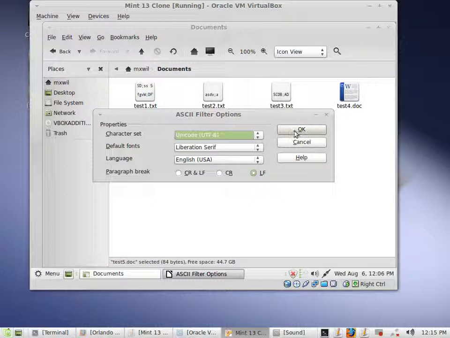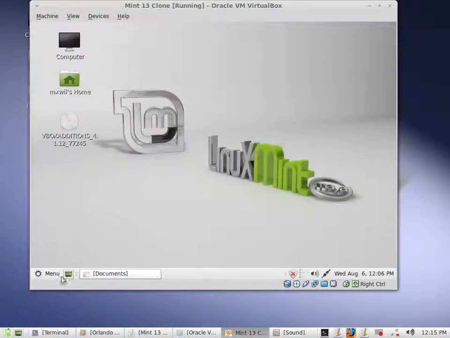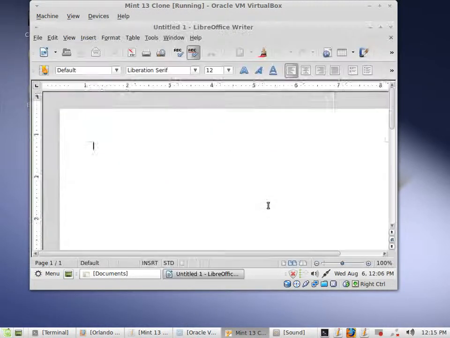So probably until it's figured out why this happened, probably the best way to open up a document and save all of your information into it is to come down here to the menu and then come to Office and then open up your document from there. Open up your document, put in your information,